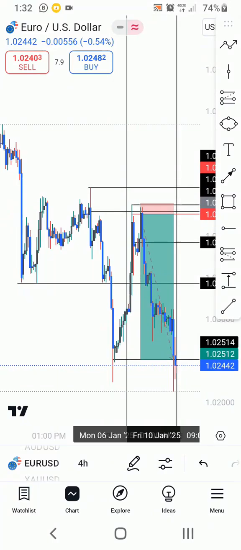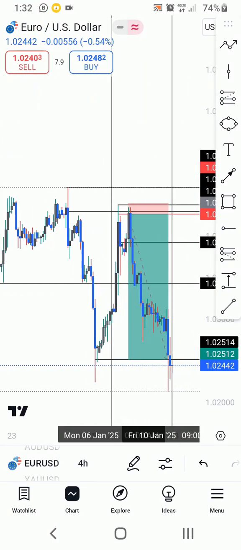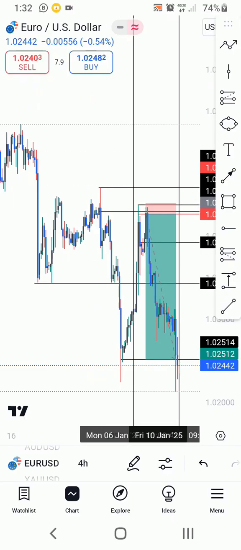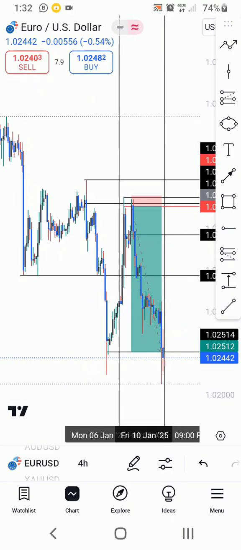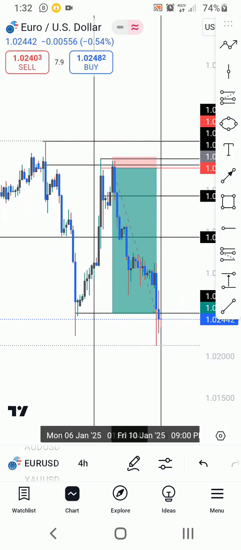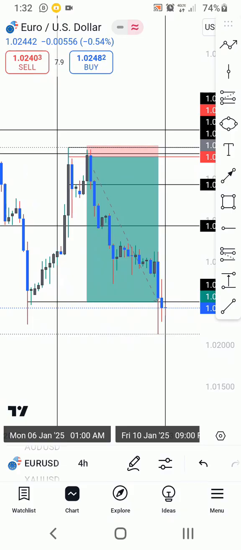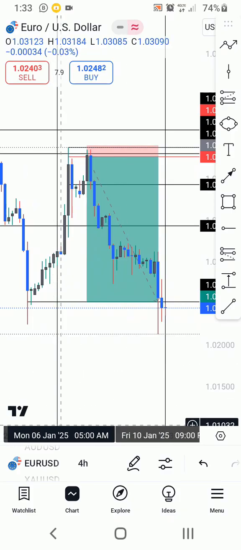Today we are gonna make a recap on this previous move of Euro USD. This previous week, as you see below here, it is Monday 6 January